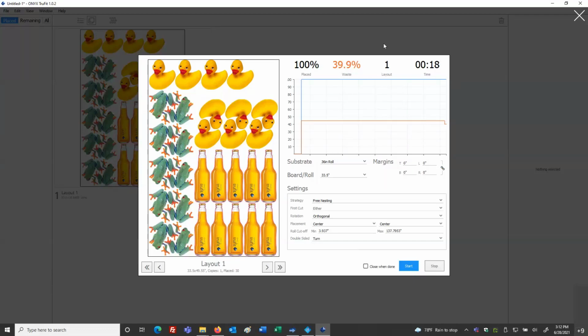If I looked at this and said, gee, I might have room for one more ducky or two more duckies, maybe then I go back and I change my count from 10 duckies to 11 or 12. So keep in mind the capability to see this layout, agree with it, and move forward, or go back, change your count to get more up until you get more of a fulfilled nest. And you can keep going back and forth like this until you're satisfied with the nested strategy. So in some cases, I know there's places and they'll print some type of stickers or labels and they keep them in the shop for inventory.